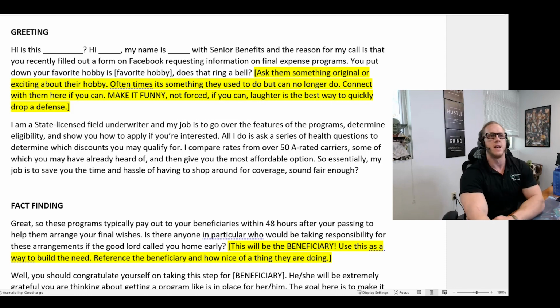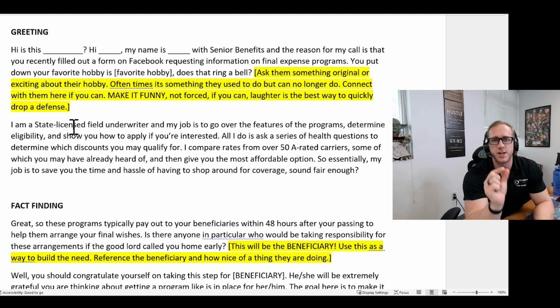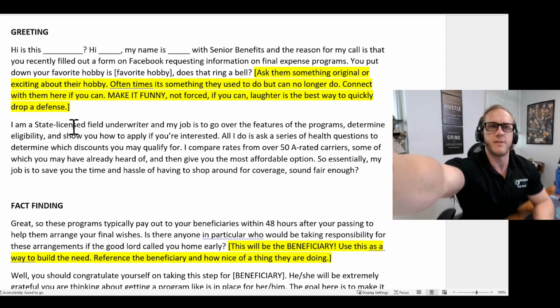Okay, sound fair enough. Now, at any point in here, there's a few ways this could go. They could be like, oh, yeah, awesome. The rare case is they're going to say, amazing. Yeah, I remember that. I love my hobby, and let's keep going. Let's talk about insurance. The chances of them wanting to talk about insurance with you are a lot higher when you get in touch with them in the first